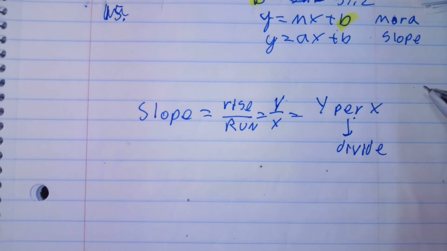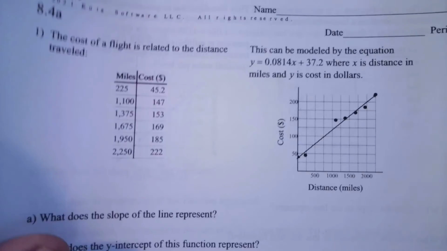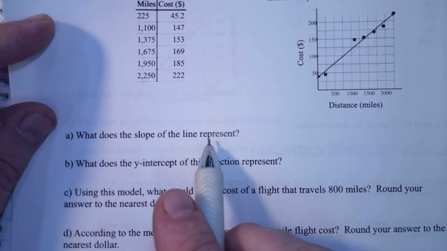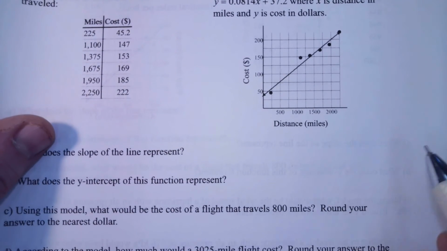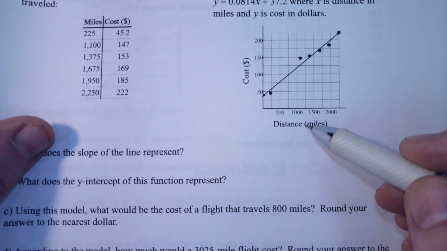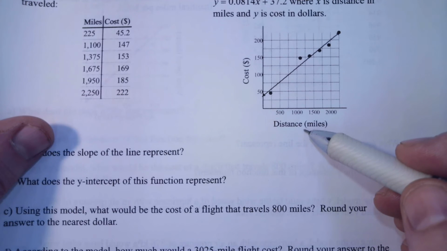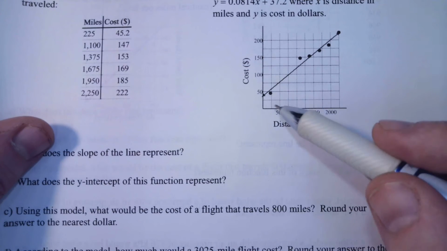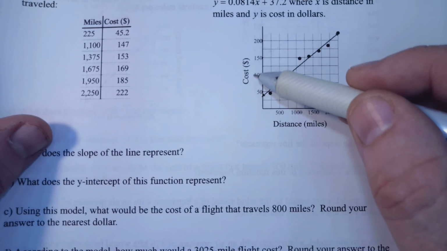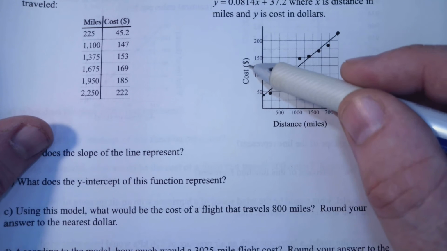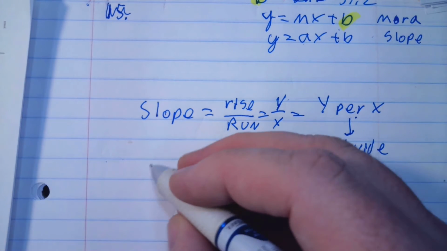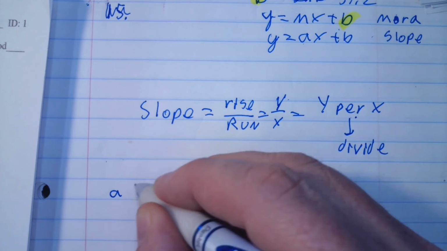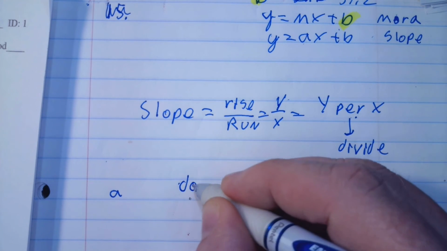So let's look at our problem, and I'm going to show you how to do it here. Okay, what does the slope of the line represent? Well, instead of writing x and y, I'm going to write these words. And I might not write cost. I see this little dollar sign. So the cost is in dollars, so I might write dollars. So this would be A. Dollars